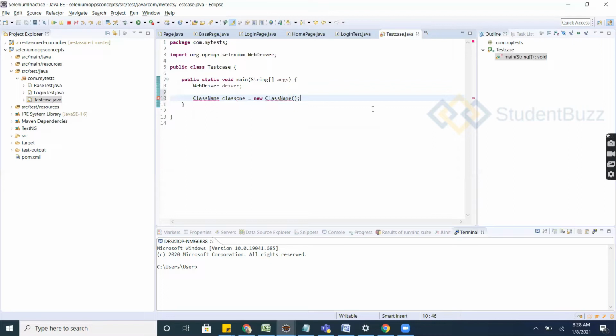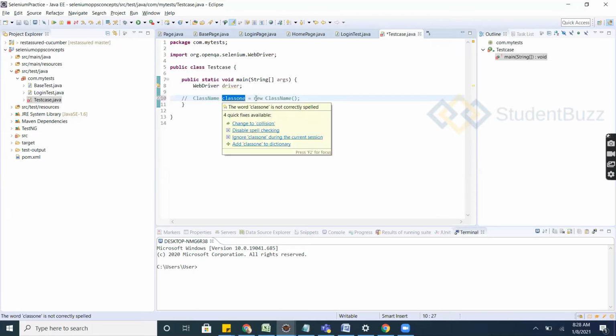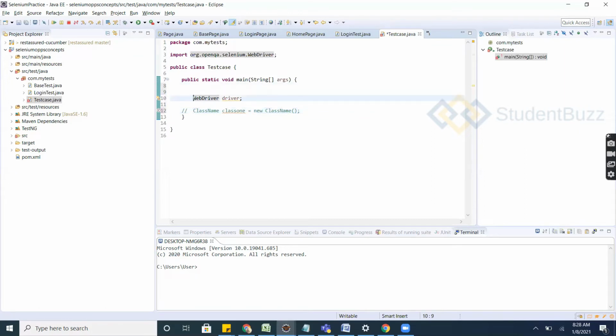We used to do this, right? We create an object for the class name with a variable name, and with the new keyword we initialize the memory and then store that memory in the variable. But when it comes to an interface, we are not doing the same. In a sense, we are not creating an object for the interface.